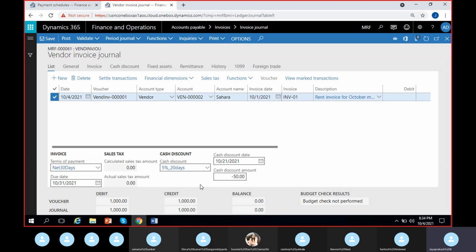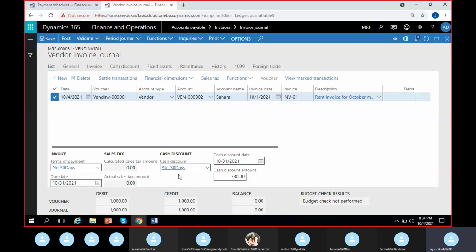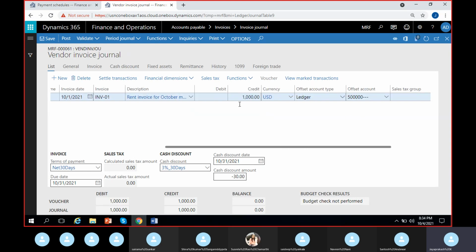Any confusion in this? And I can also select this 1%, 3% 30 days. If I select 3% 30 days, it takes 30 days. For the 31st of October only, if I pay, I'll get a $30 discount, 3% on the total invoice amount. This amount is 1000, 3% on that amount. Clear, guys? Saideep, Naveen,